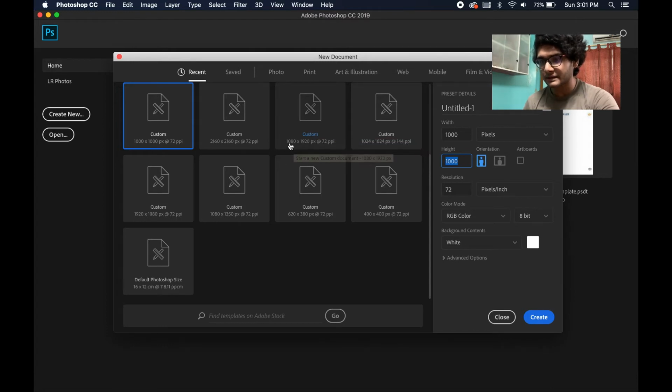If you choose this, you will see that there is orientation. If you want a vertical canvas, like for Instagram stories or WhatsApp stories, then you have to click this. Or if you want a horizontal canvas, for example if you want to use your canvas as a PNG. For those of you who don't know, PNG is actually for photos which don't have any background, like logos and all.